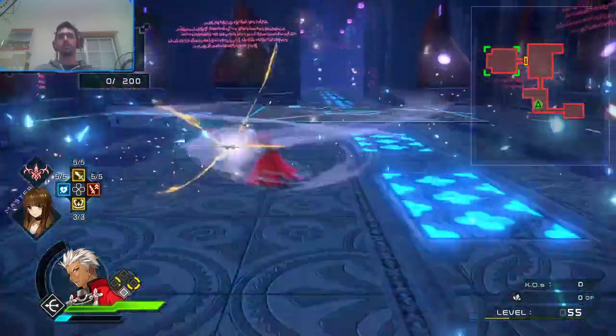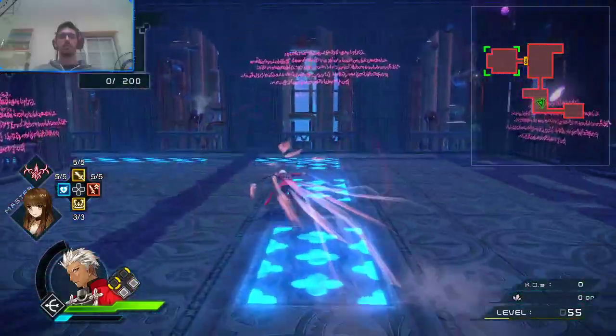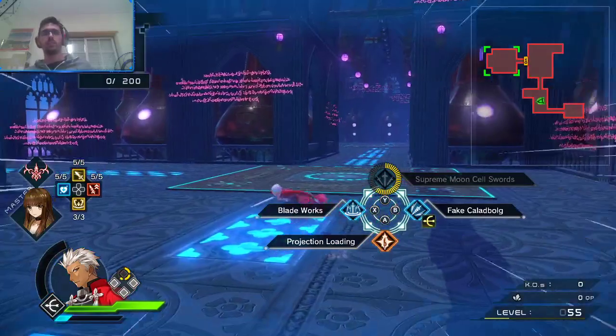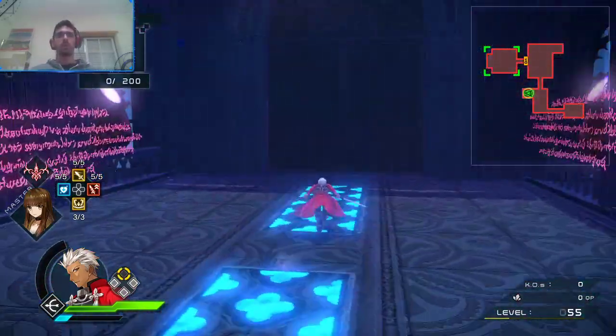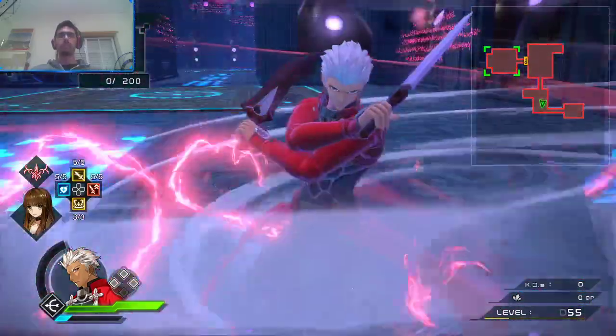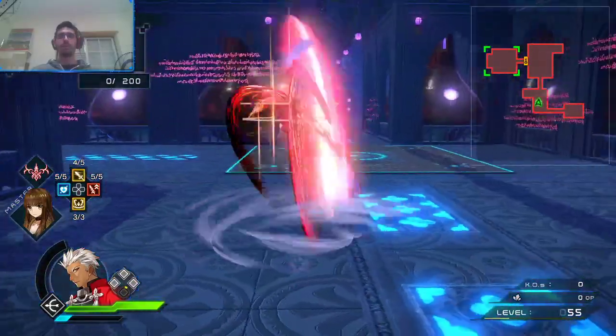Even Supreme Moon Cell Sword gives you a good amount of drive. His basic attacks also give you a good amount of drive. His skills are just really good. These skills in general, I have is the skill build I use, but you can substitute Collat Bulk for Runting in my opinion. Now, I'm gonna show you a little bit of him on attack speed, which is kind of